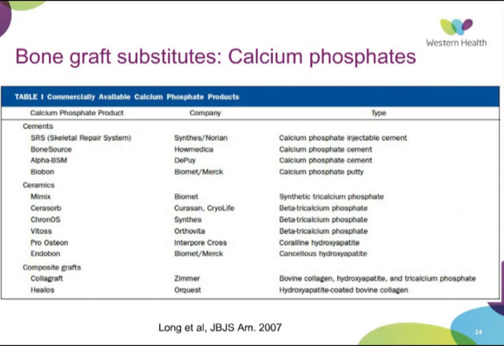This is a slide from an article in JBJS from 2007, which describes the different calcium phosphate products. And so here we can see the cements, and then the ceramic or sort of more dry bone graft options, and then some of the composite options. And I'm not sure if many of these are available in Australia. I know the Chronos is available. Some of these other ones, Norian, for example, which is actually a fairly widely studied form of cement, is not available in Australia, as far as I'm aware. And some of the other ones aren't either. So bone graft substitutes,